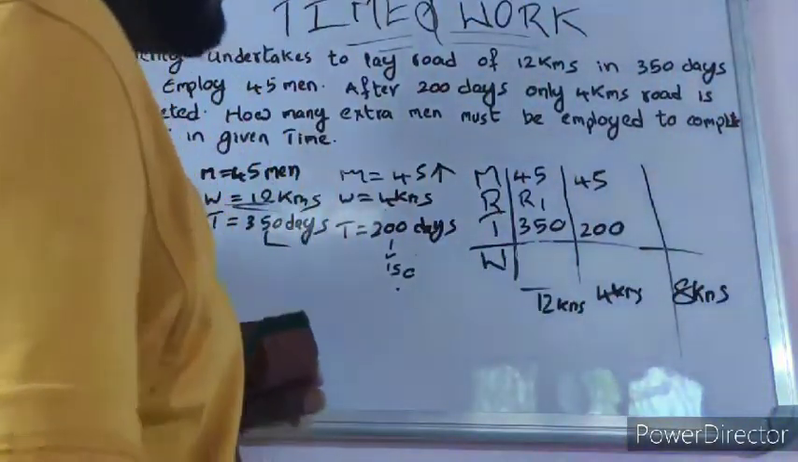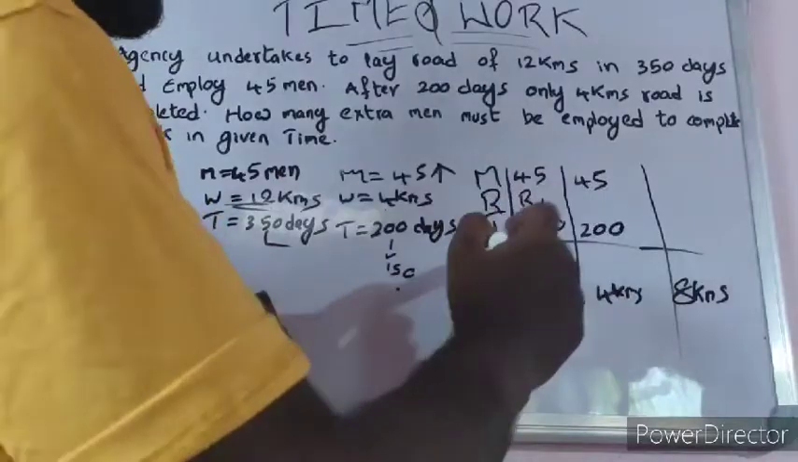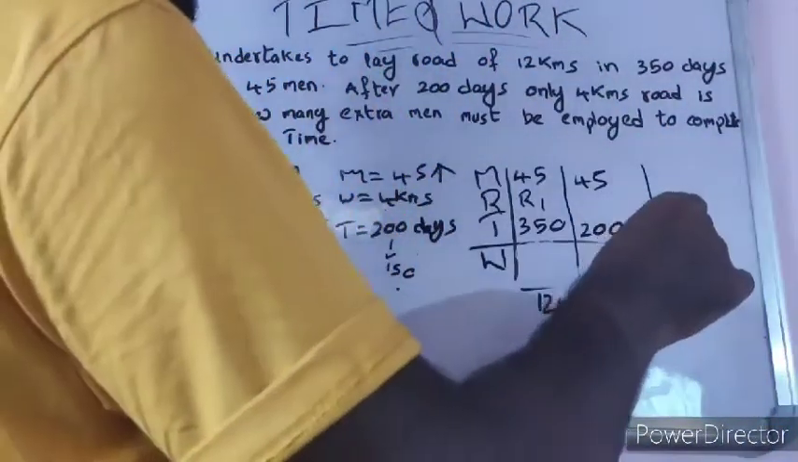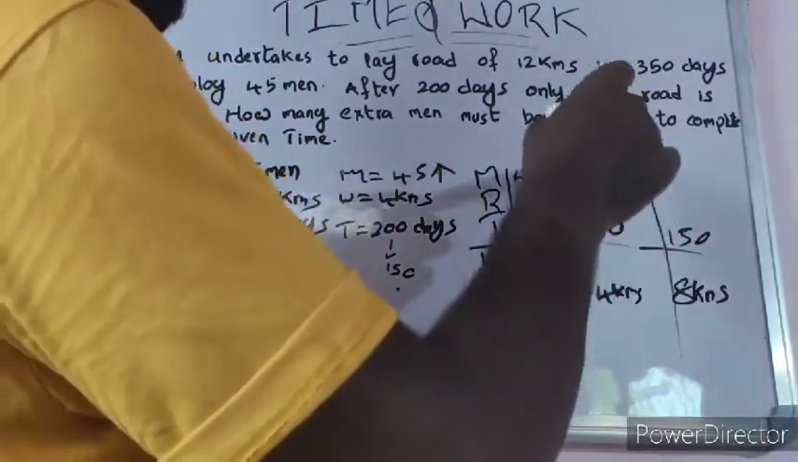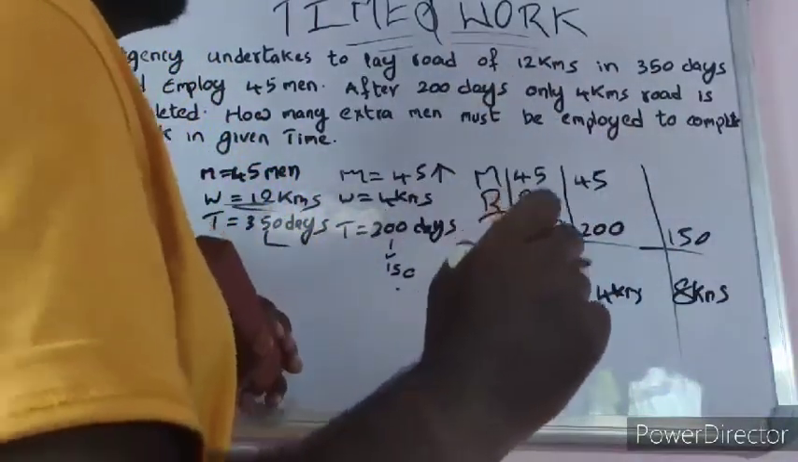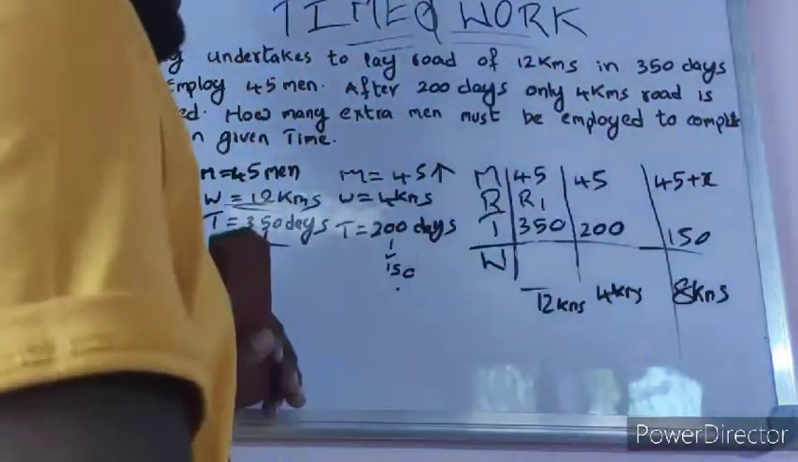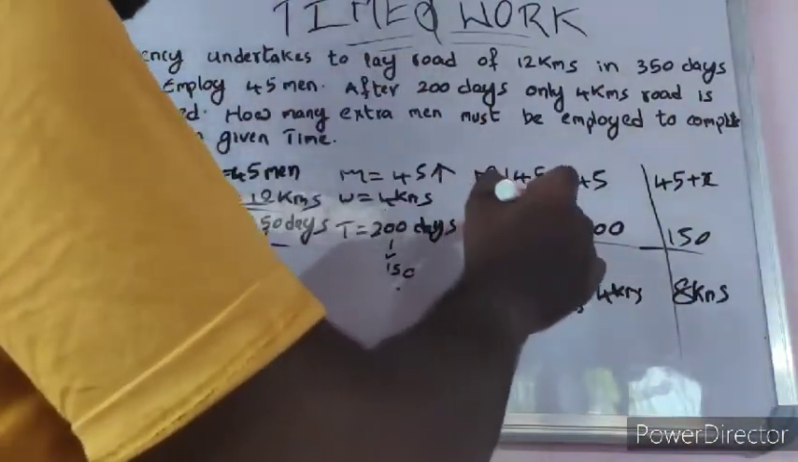Okay, so how many days are we left with? 150 days. In 150 days we are supposed to lay a road of 8 kilometers, but for that we need to increase the manpower. Okay, so we can write it as 45 plus x. And rate,